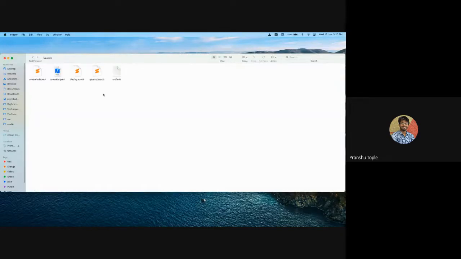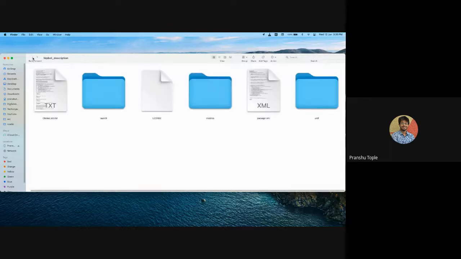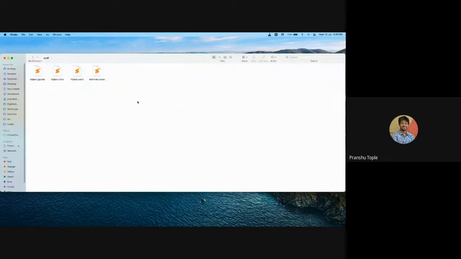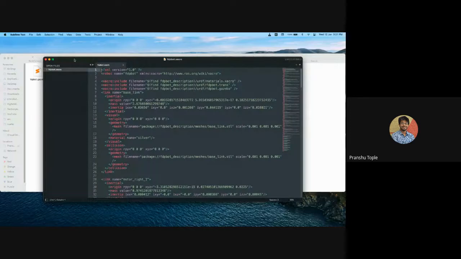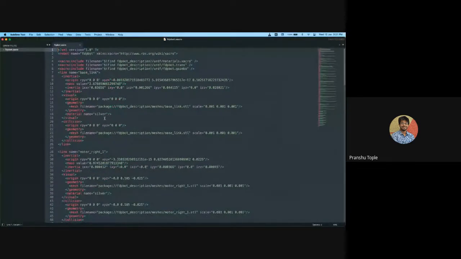So whatever launch file we did yesterday, these are created automatically. You can see there is a gazebo.launch, there is display.launch that is used for RViz, then there is URDF, RViz, then there are licenses which are automatically created, there is a package file that is automatically created, and there is a URDF file. And inside this URDF, if you remember, I showed you that we edited these Xacro files, right? So this Xacro file consists of your description of the robot.